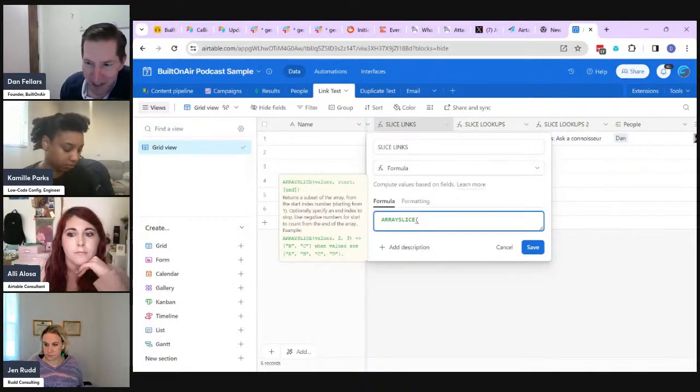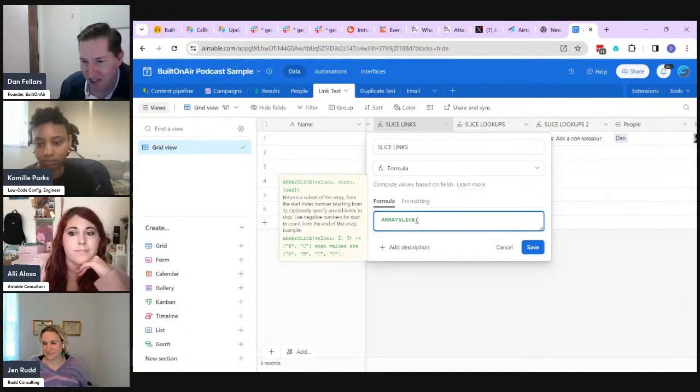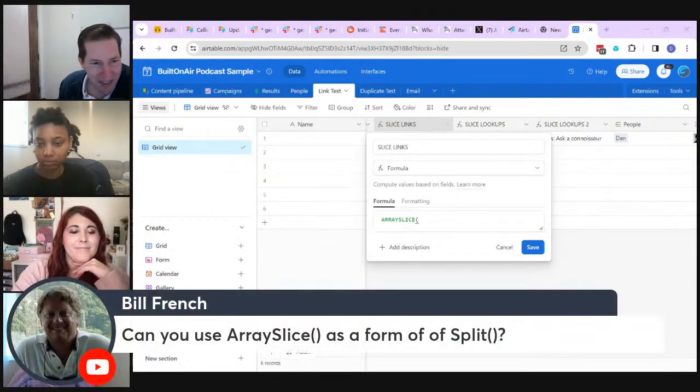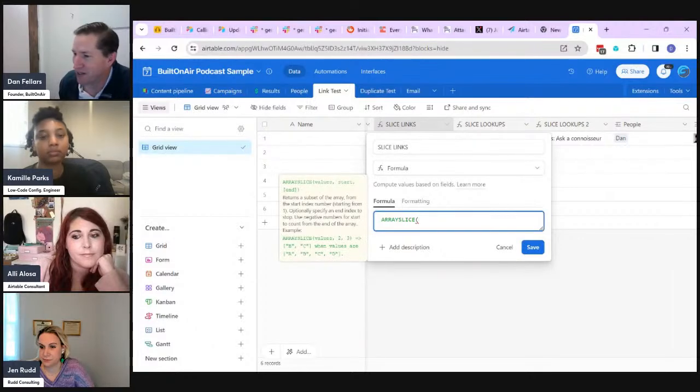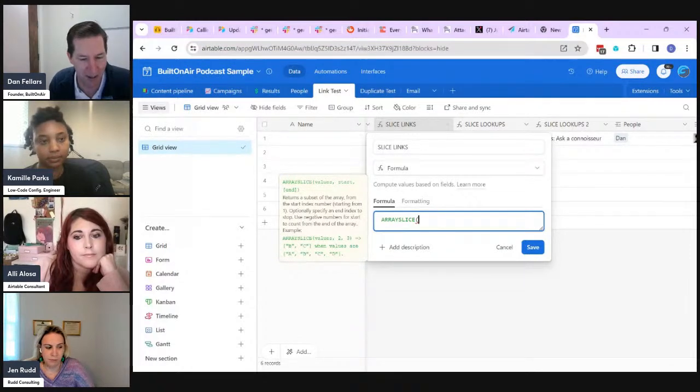And we've got Bill French listening in, sharing with us. Can you use array slice as a form of split? Let's find out. Let's see what happens there. We're going to go through a couple of scenarios to see when it works and when it doesn't. But the main use case is using this with